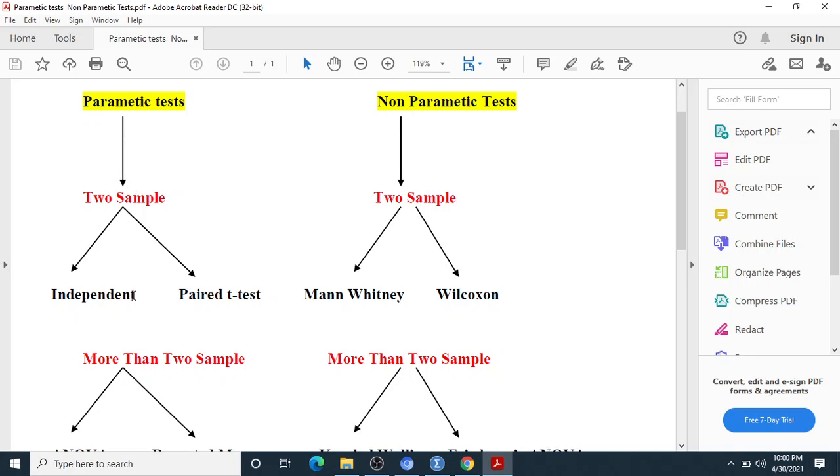Mutually exclusive means either you are male or you are female. If you are male, you are not female. So this is one condition: two categories should be there, which may be male and female, boys or girls or whatever.